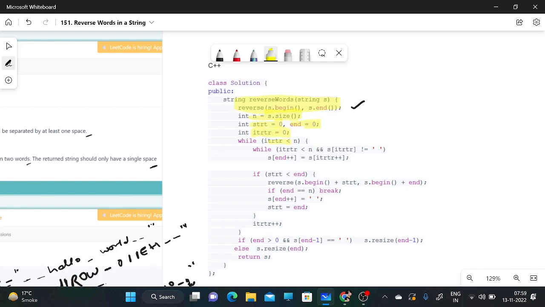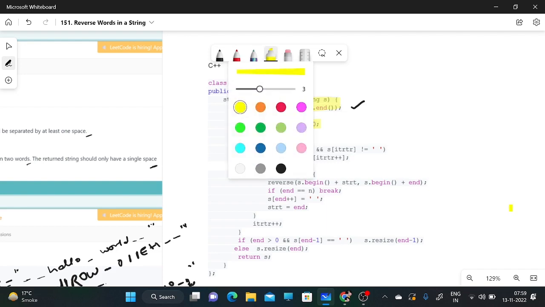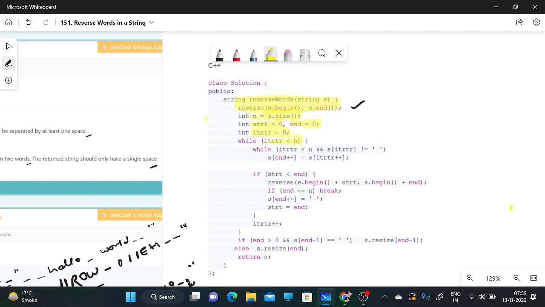Okay, right? Now if iterator is less than n, we are checking that whenever the iterator becomes n or more, we do not need to continue. For that case, if it is not equal to a space,